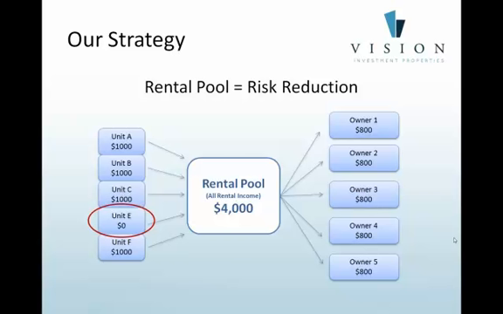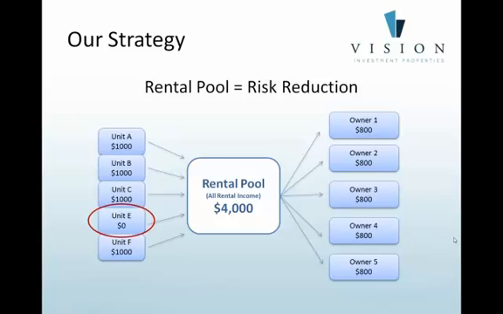Instead of getting your $1,000, you might still get $920 or $950. So it's really going to be risk reduced for the investors. And the rental pooling program, I mean, I've owned a number of properties in rental pools for almost a decade, and it's a phenomenal system. And I personally have never had to come up with my own money to pay rent, not even once, with